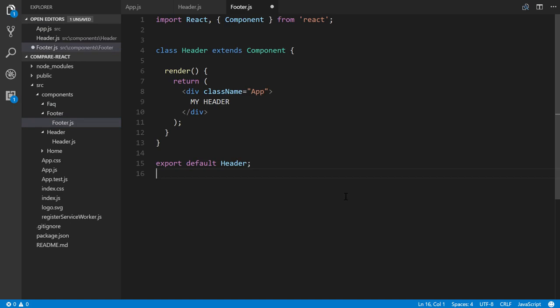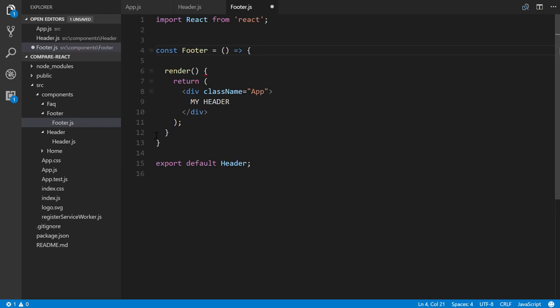All right, so remember when I mentioned there's two different types of components in React. We have a stateless component. This right here is a stateful component. So you have stateless and stateful. And when it comes to your stateful components, which is what we've been using right here so far, the way they're declared is we import React and Component from React. Now, if we want to transform this to a stateless component, then we remove the Component import, and we also change this line right here. So the way we do this is instead of class Header extends Component, we do const Footer, the name of our component here,